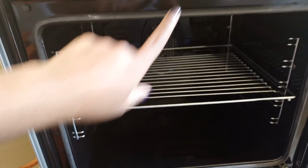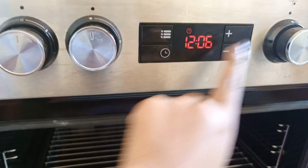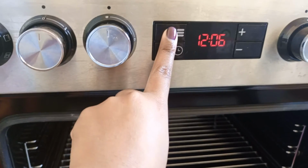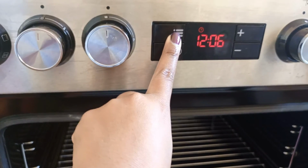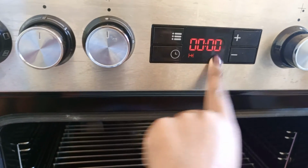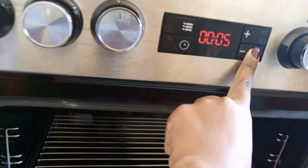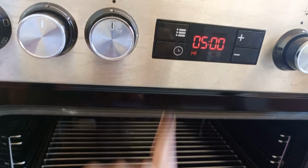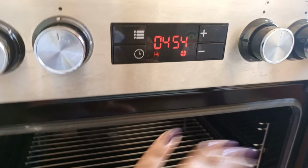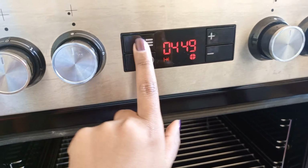Also, the other thing is, you see this thing over here, this timer. Let's say you're putting time, you press here, you put the timer. So let's say we put 5 minutes, and then we press that. So this is counting down the oven time. It will beep. But then maybe let's say you're baking for 40 minutes, then you put this,